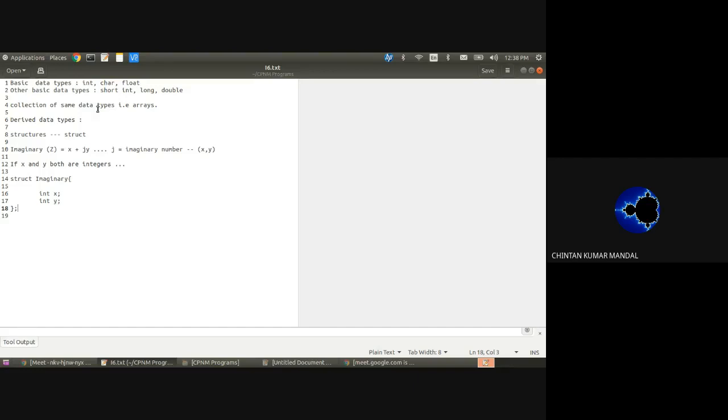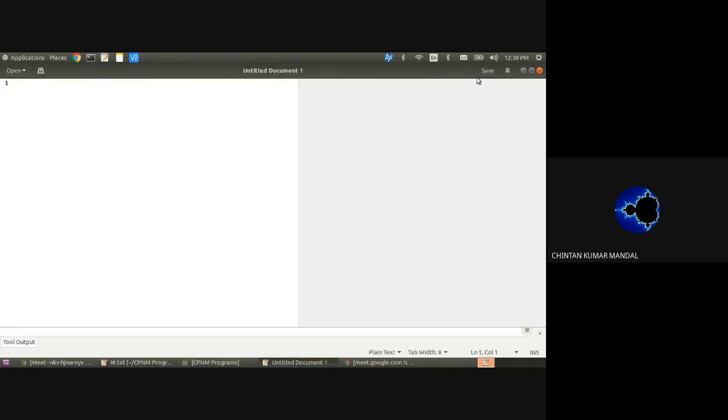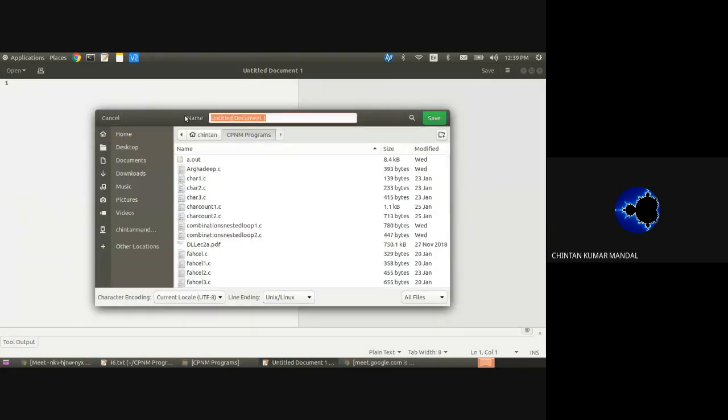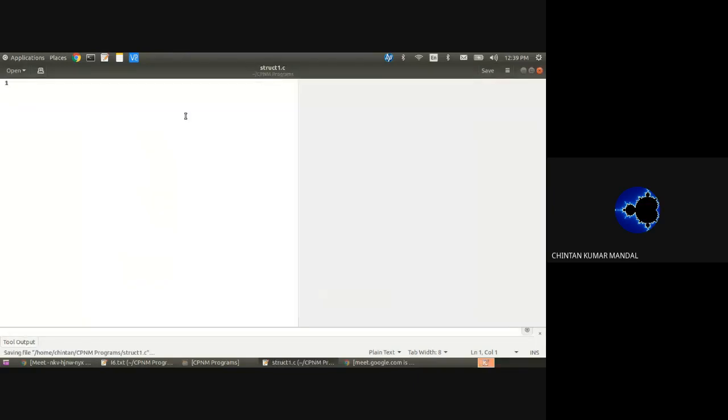Okay. So today what we will do is take up two topics parallelly. Number one, how to work with structures, and also how to work with functions. Okay. So one.c. So hash include